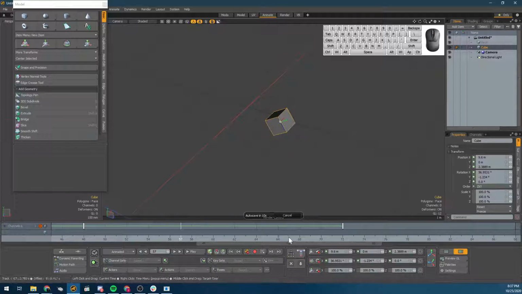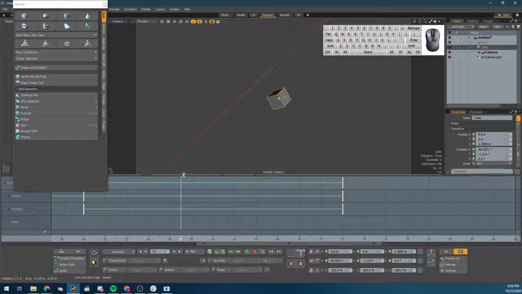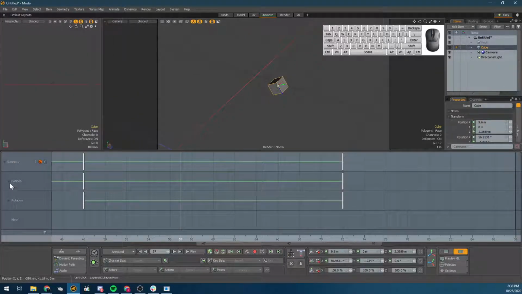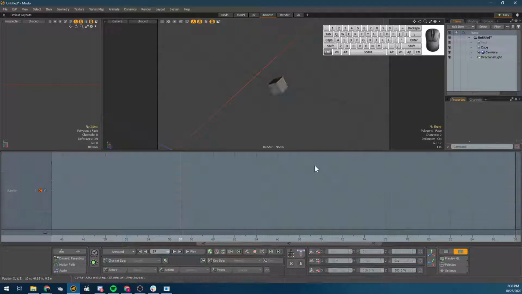But keep in mind that right now, when I move this over, I wasn't really sure, am I moving my rotation channels or my position channels? And in this case, I was actually moving both. But if we were to drag this up a little bit, you can see that we actually have different keyframes for position and rotation here, right? So if I was to undo that a couple of times,